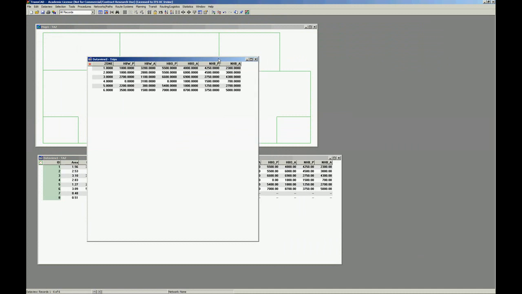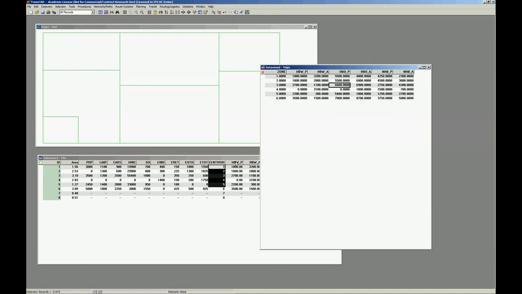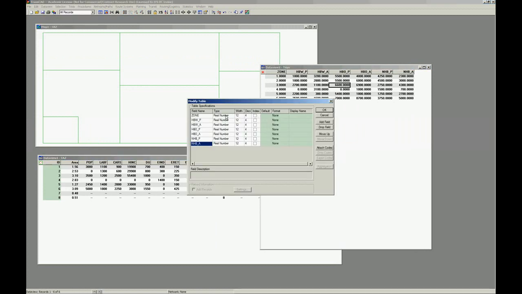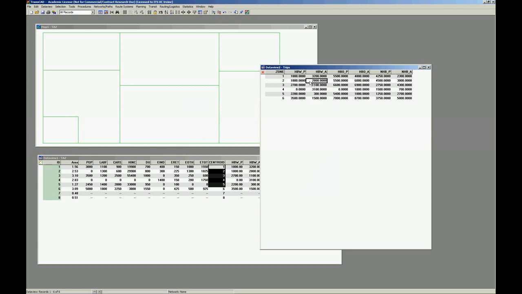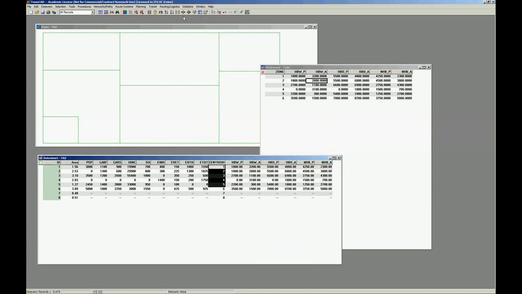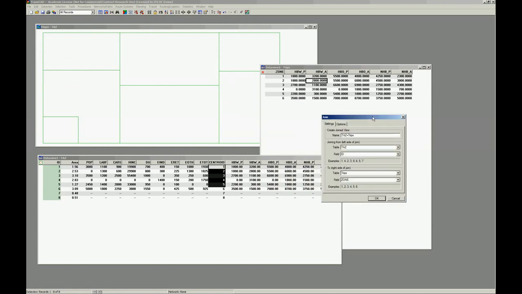Well, first we're going to have to change this a little bit because this is integer and this is not. So data view, modify table, zone is an integer. Press OK. Yes. Okay. Now we're ready. What we're going to do is join these two tables, and to join we have this little icon. We can come to data view join, press Ctrl J, you can do the way you like,